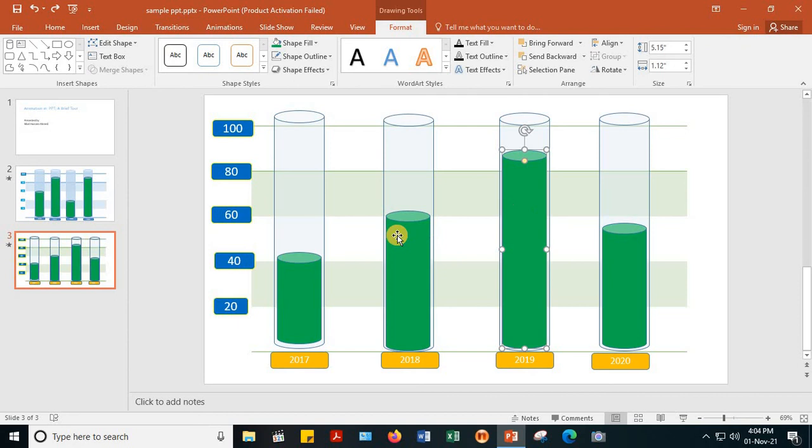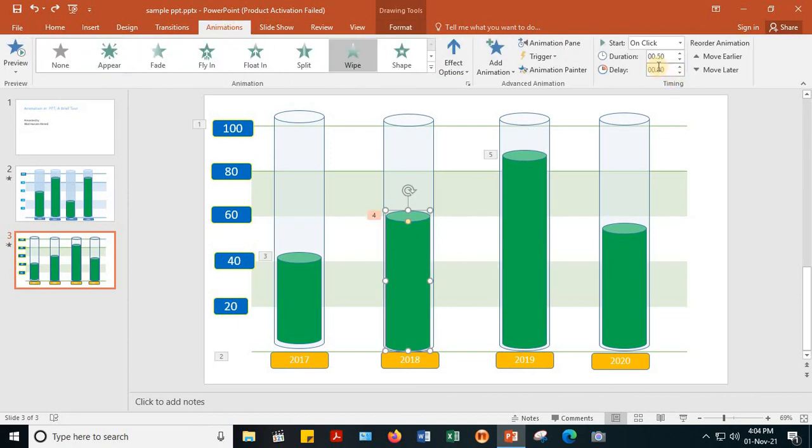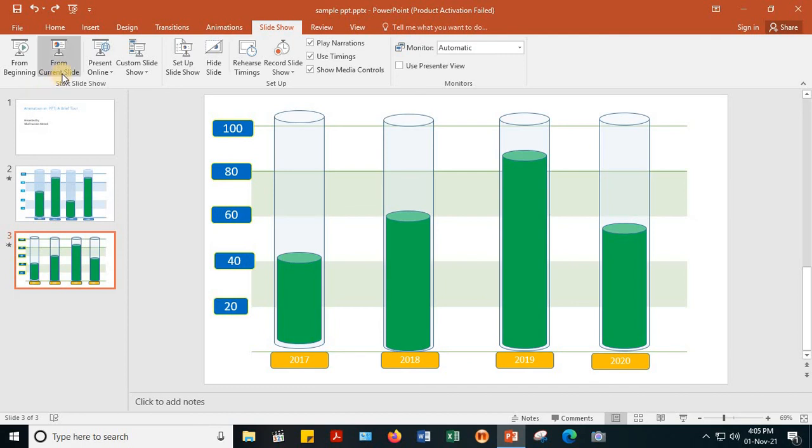Also for this wipe, in case of animation there is time. For example, this takes less than 1 second. You can increase or decrease the number according to your need, so that the animation effects can be visualized. But for a beginning point, I think this is enough, and let's start the animation and see if it works or not.